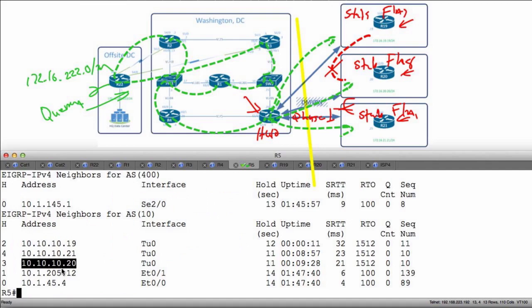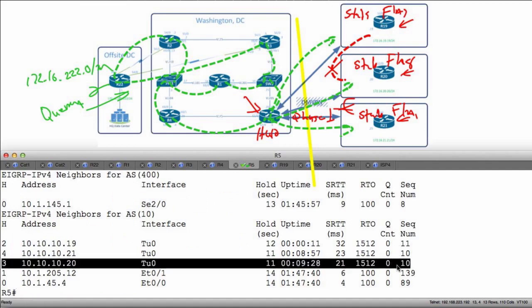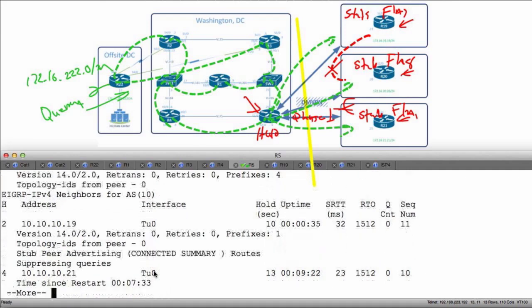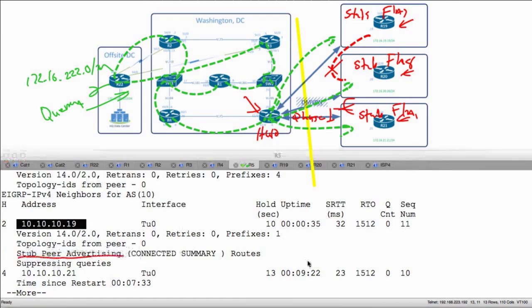Notice my Q counts are all zeros. Everything's good to go, and I'm using the same interface to form these adjacencies. Now, the command that I want to illustrate here is show IP EIGRP neighbors detail. Let's take a look at the neighbor 10.10.10.19. What do we see? Well, we see that we are doing stub advertising, and that we are automatically going to be advertising connected and summary